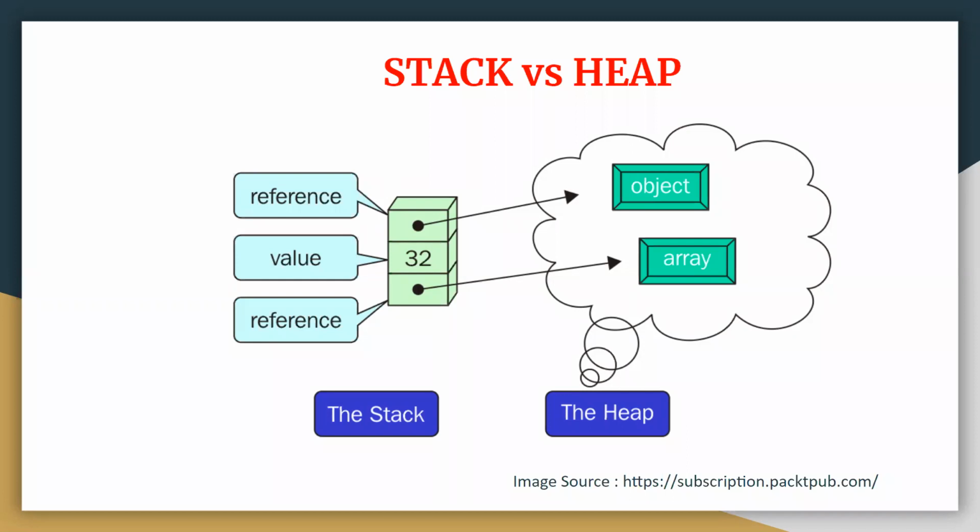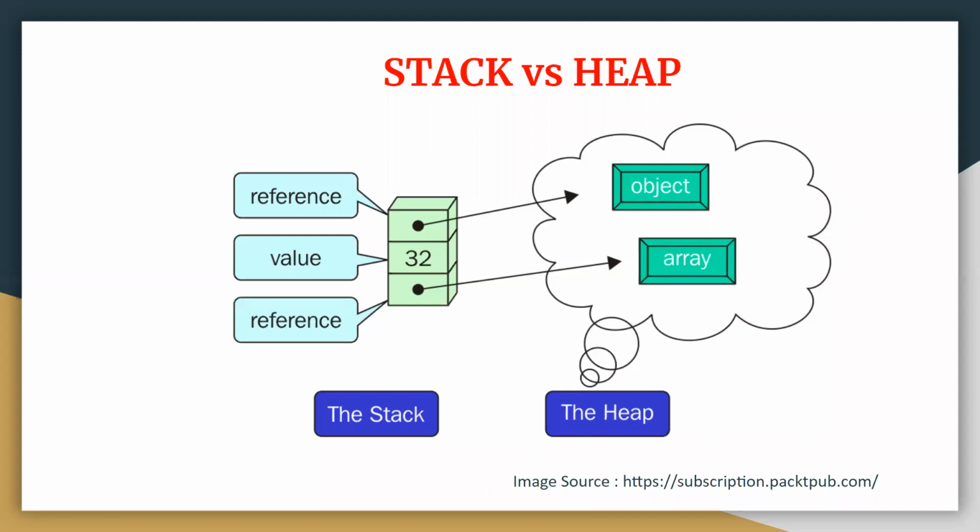Second characteristic, memory allocation for variables. In case of stack, it is explicitly allocated for all the automatic variables and all the blocks which are local to it. In case of heap, it is explicitly managed by the variables, which can be either at the time of variable creation or initialized at runtime. So the big difference here: in case of stack, it is explicitly allocated, but in case of heap, it is explicitly managed. That's a big difference between the two: explicit allocation and explicit management.